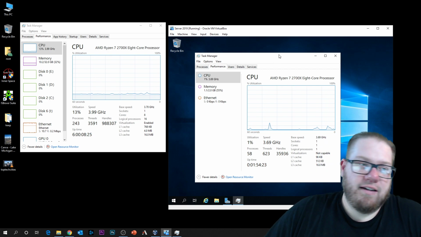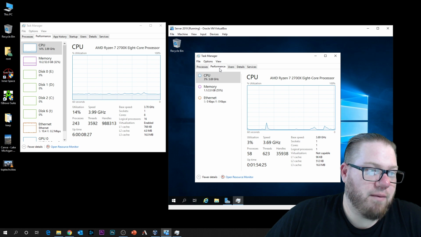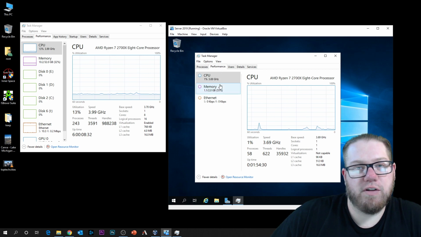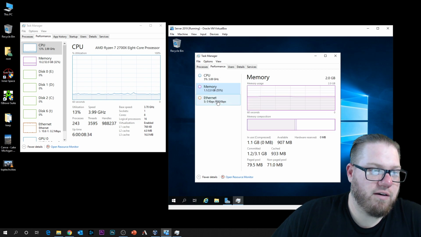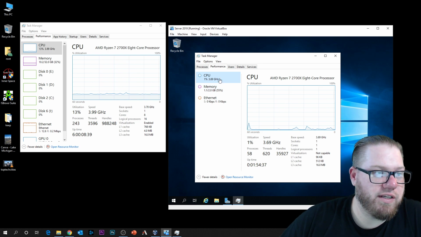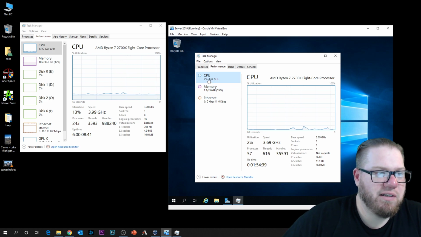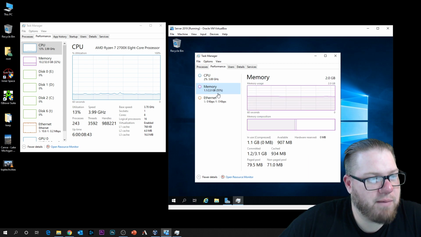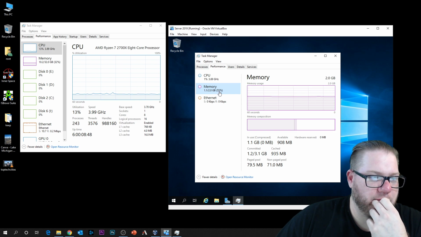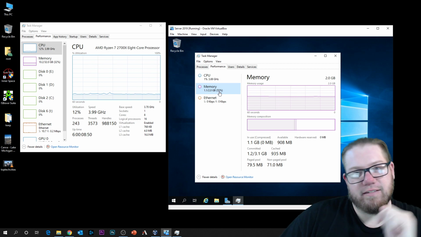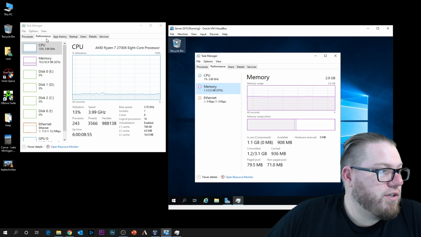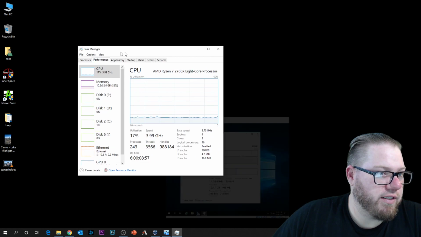Anyway, on to the next tab, Performance. Again, this will give you a nice rough overview of resources that are being used in a nice graph form. So you can see here on this virtual machine, CPU usage hardly being used. The memory, well, of course, because this is a server, and I only allocated a couple gigs here, a lot of RAM's being used. If we compare to my personal computer here,